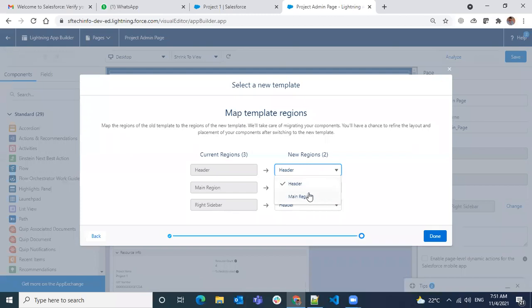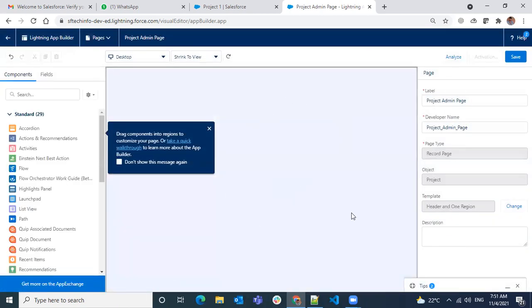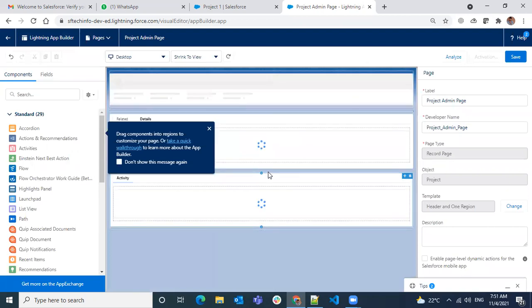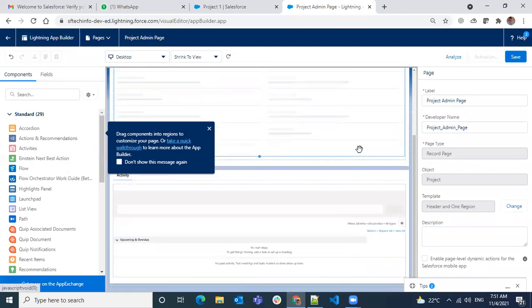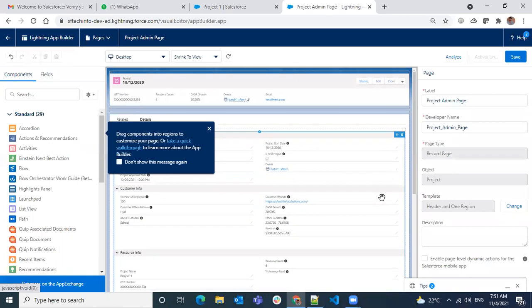So I'll have a header, and then a main region. The right side is also a header, but I don't want the right side as a header, so I want to add it as a main region. So you have two regions in this layout, header and a main region. You have three things in the existing template. It will ask to move from this area to this area, and then you click done. Then it will move to a single region, header and main region. So this is how it will get changed